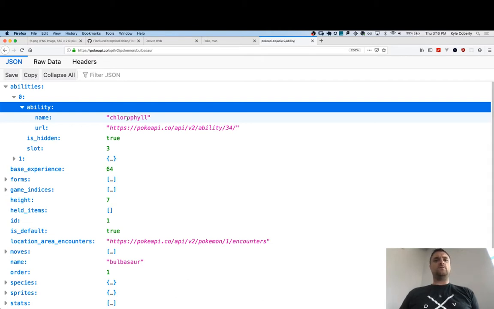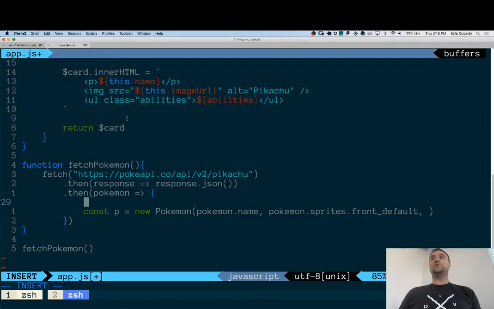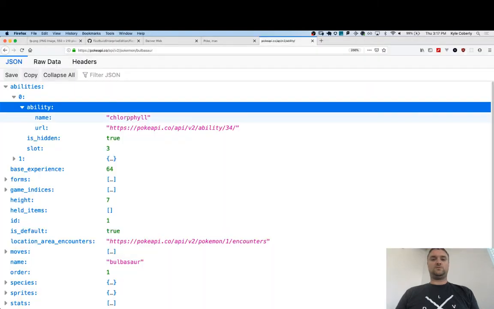So I have 3 abilities, 2 abilities, something like that. So what do I want to do to just get the list of names? What was that, Kat? Abilities. Okay. Dot abilities dot map. And then